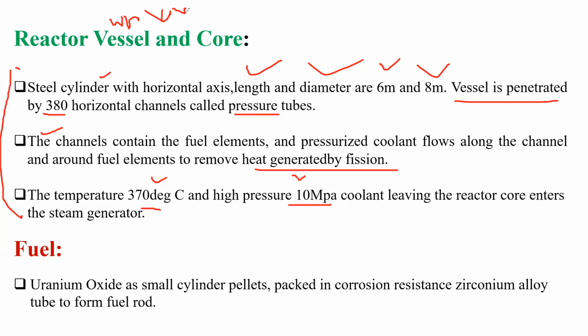Okay, so this flow you always mention in the working. After that, you write down if there is any specialty with respect to it. Now we learn this Canadian reactor. This reactor is quite different, so highlight the points: the reactor vessel and core. After that you can write down advantages and disadvantages. So this is the way we can cover the points.